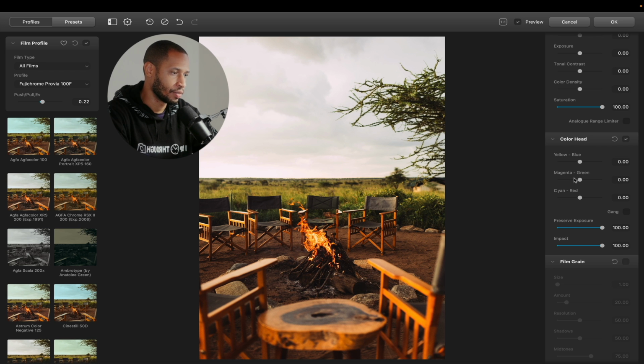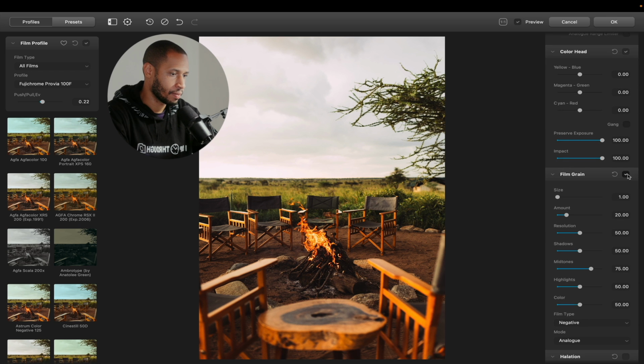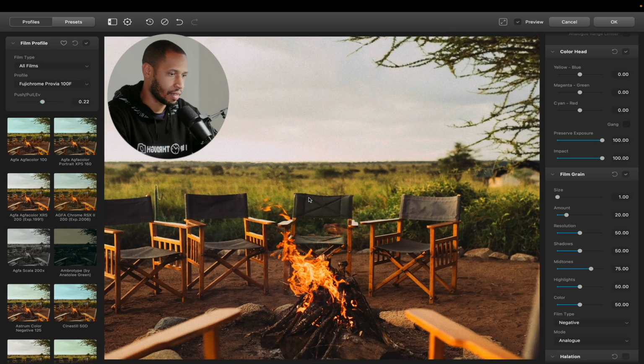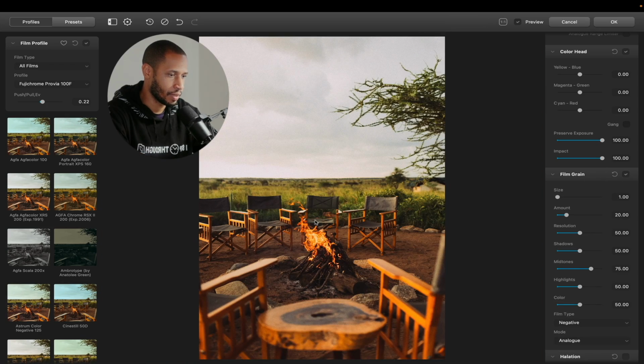Yellow, blue, magenta, green, cyan, red, okay? So you can play around with that. And you can also add film grain. As you can see here, it's already added a bit of grain into this image. So before, after. So if you want a little bit of that filmic grain